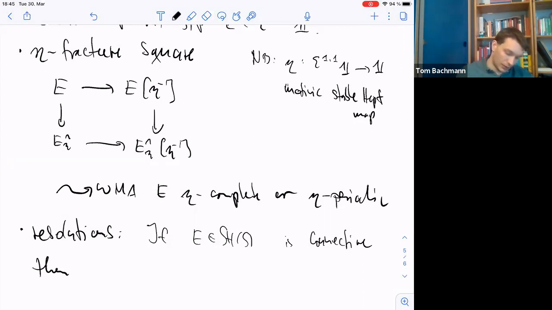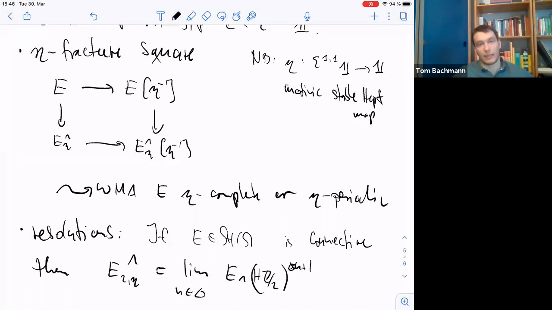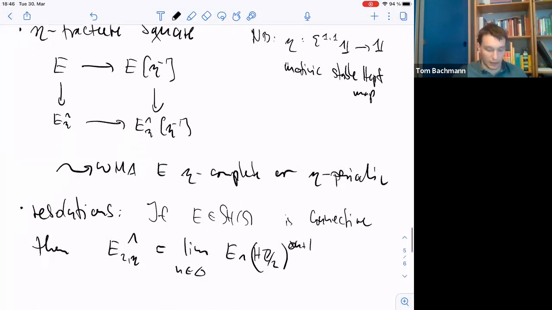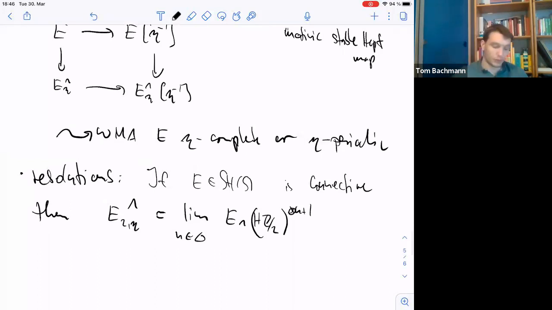Then if you complete your guy at 2 and at eta, right? So we are always completing at 2, and also we said we can complete at eta or invert eta, but let's say we do the completed case first. Then you can build this in a specific way, which is your usual Adams tower type thing. So I'm doing the limit of E smashed HZ/2 tensor n plus 1, with n in Delta. So it's a totalization of the obvious thing that you do. And similarly, if I take E,